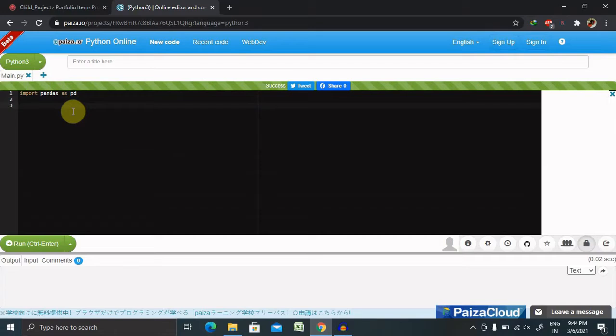Here we are going to create one array, and in this we'll declare some values and print that. So I am giving here array equal to